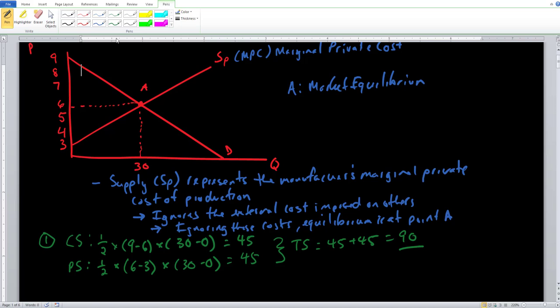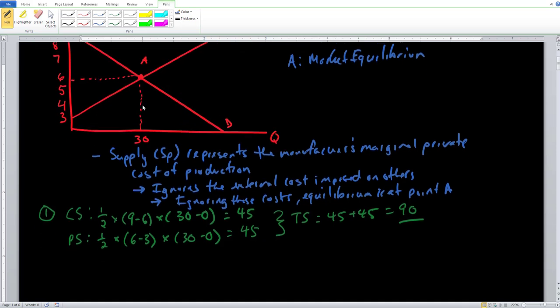However, let's go ahead and introduce a little bit more complexity now. Suppose now that when the firm is actually going to be producing this particular good right here, we introduce some type of pollution cost. So for every single unit that the firm is going to produce, it imposes some type of harm or negative externality on everybody within the economy. So that does impose a very real cost on everybody within the entire economy. So now let's go ahead and account for that. Let's go ahead and see exactly what happens to our total surplus when we introduce these pollution costs.